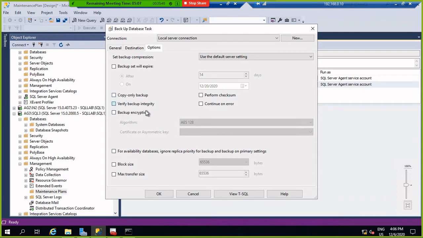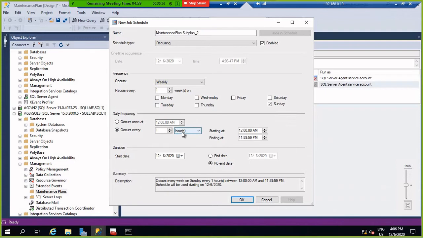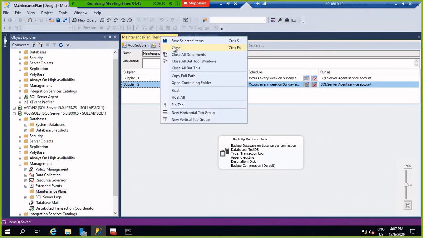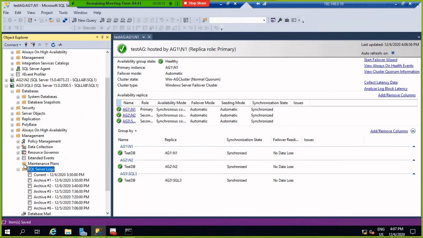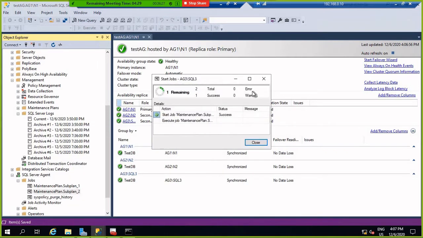Perform it, and you can put 2 minutes. Save it and close it. So this is the job. Now you can check here, the job is here, and just run the start one.